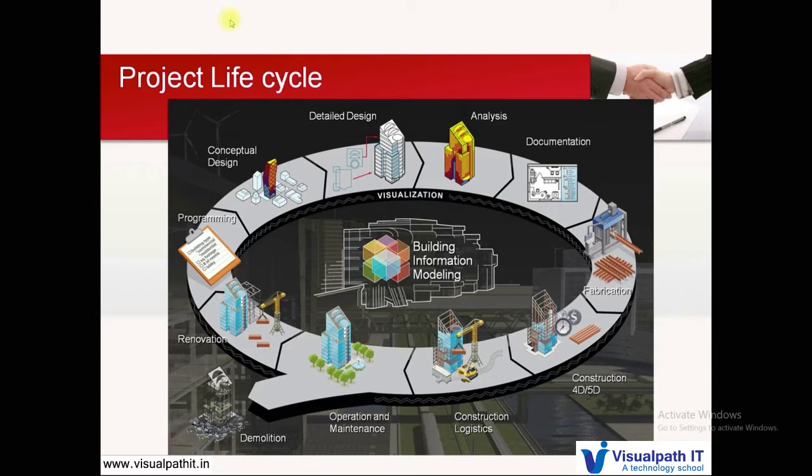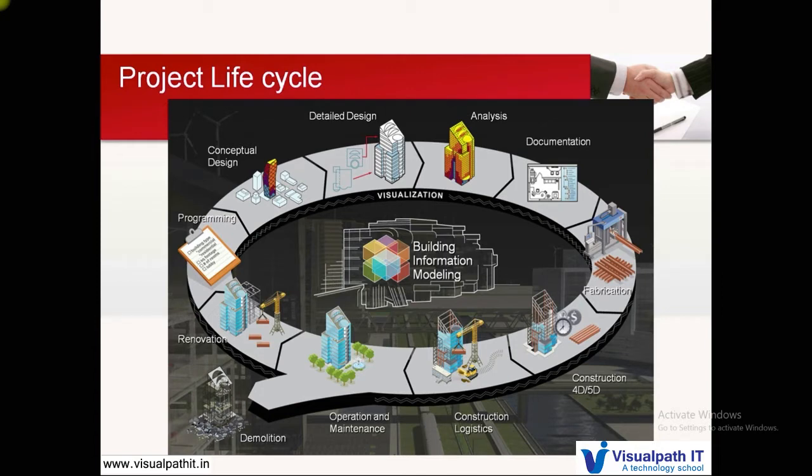Once that is done, next it goes for modeling, and then it goes for analysis. For analysis, they require the structural part. So structural analysis is done, and after that it again goes for documentation or visualization. Revit can be used for some of the visualization purposes in the modeling part, but not for the animation part, which you saw when the flowers were moving. That is not possible in Revit. But the walkthrough can be done in Revit, which I have explained to you.